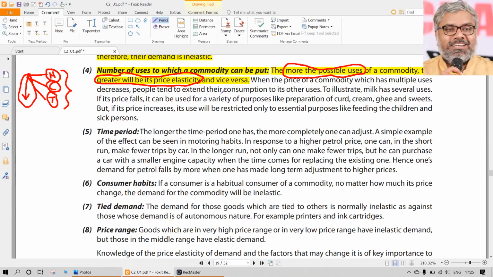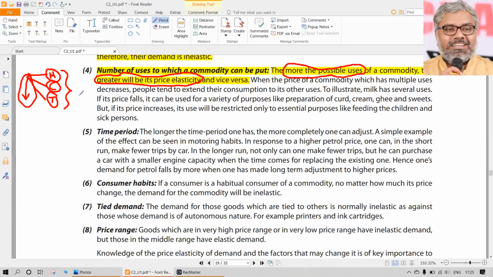If you take any one of the commodities, in general, that might have multiple uses. For example, we have taken electricity. It can be used for household appliances, industrial and commercial purposes, or for cooking. It can be used for transportation also as a fuel. So many uses are there in that case. Then naturally the price elasticity will be greater. Products like salt, which have not many alternative uses, will have lower price elasticity, which means they are relatively price inelastic.